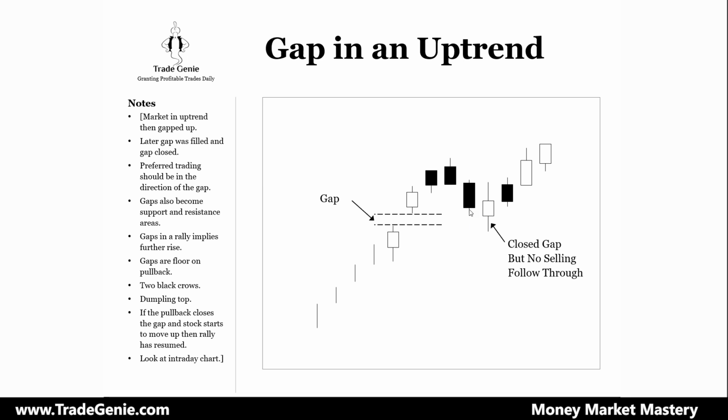There could be some buyers at this price. Let's say the market closed at 100 and the market gapped up at 105, and then the market went up to 107. There may be some buying at 105 because this is where the market opened at the gap. There may be some other traders interested in buying at 105. That's why the market stopped right here. It pulled back a little bit and then it stopped here.